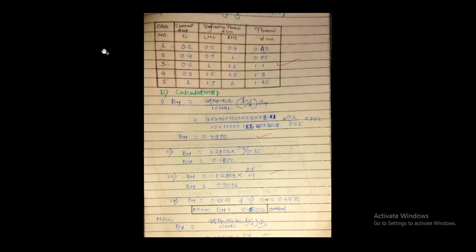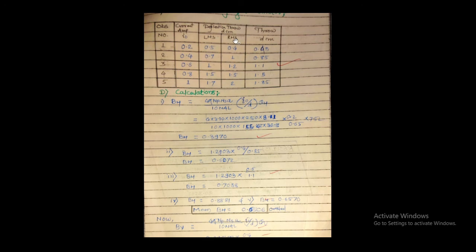Now for the second quantity, the determination of theta v: hold the plane of the earth inductor coil horizontal, with the axis of the coil parallel to the magnetic meridian, rotate the coil through 180 degrees and obtain the throw on the scale. It comes out to be this. Here also you have to take 5 trials and take the mean. It comes out to be this. Once you know the values of theta h and theta v, we move further to the calibration of the galvanometer.